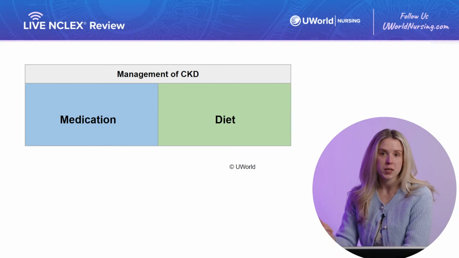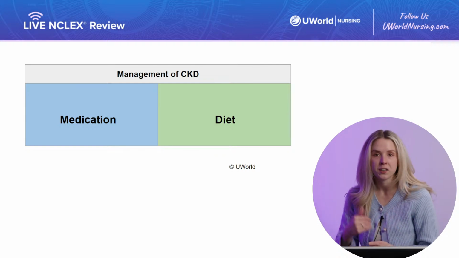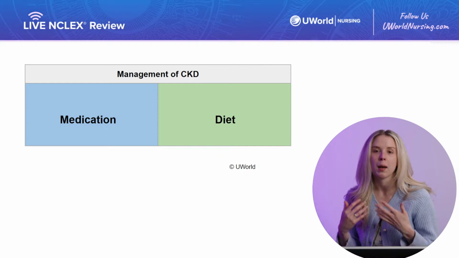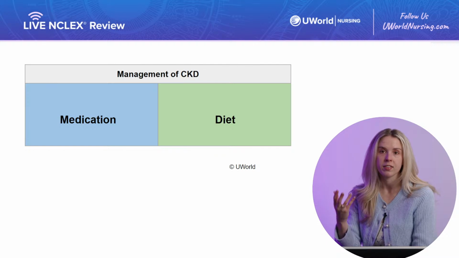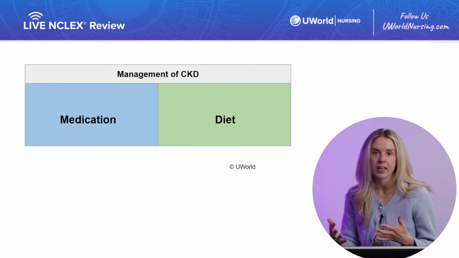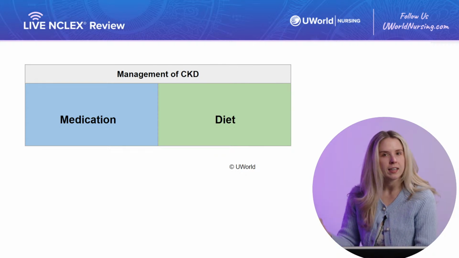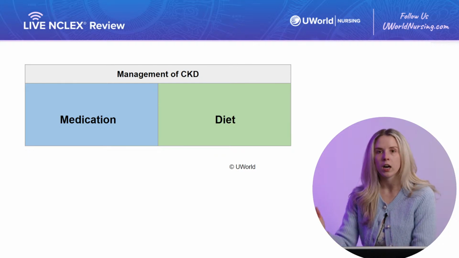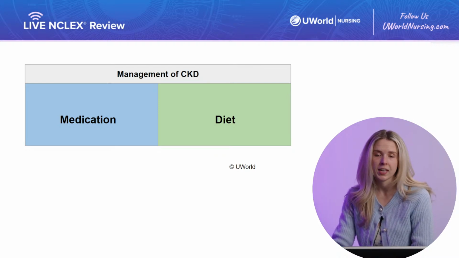So we're going to treat that hypertension. We're going to give ACE inhibitors or ARBs, which are angiotensin II receptor blockers. And we're really going to aim to decrease that blood pressure to help prevent further damage to the renal arteries that feed the kidneys. Again, we have that volume overload, so we know we have a proclivity for higher blood pressure. So it's so important to reduce that. We're giving ACE inhibitors like our prils, lisinopril is a really common example, or ARBs, which are our sartans, like a losartan is a really common medication.